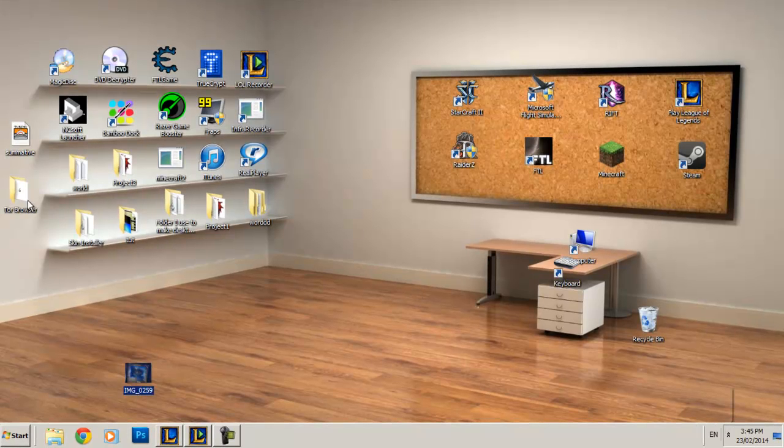Okay, so let's just get started with that now. The first thing we want to do is get this program called TrueCrypt, and we're going to do that by opening up our web browser